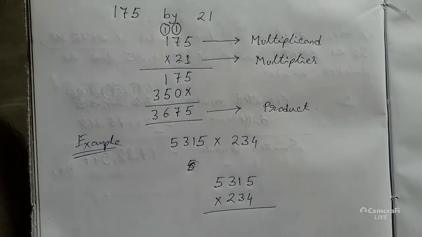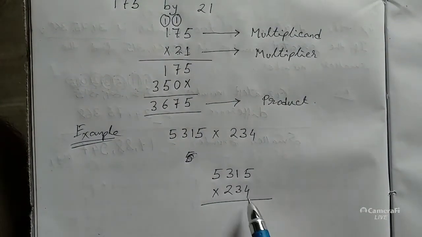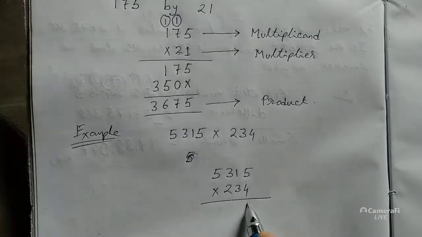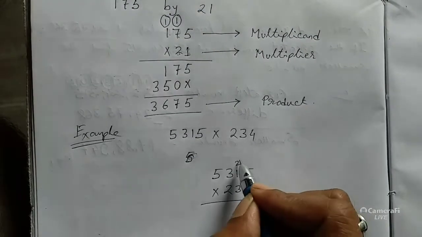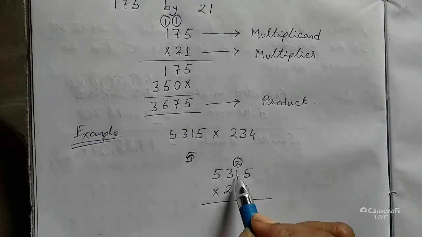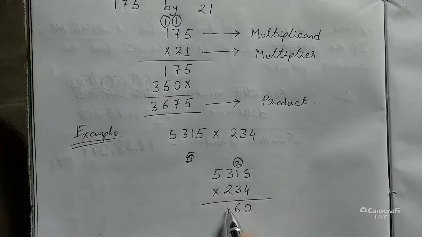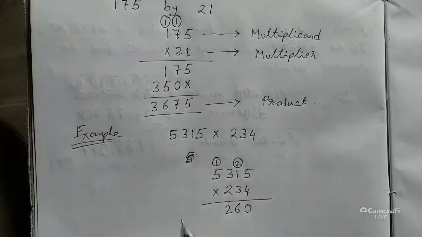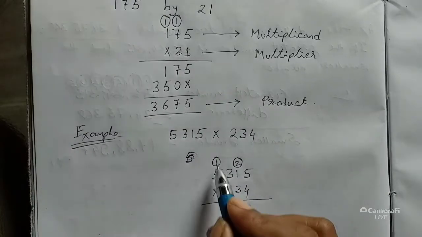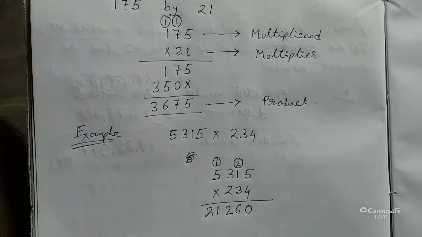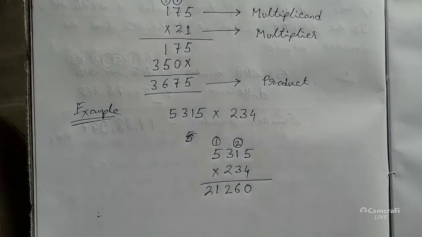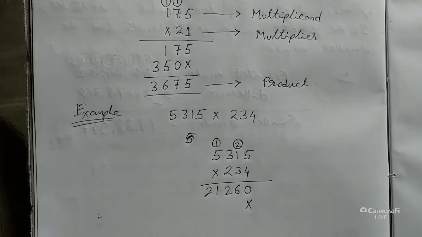First we will go through the multiplication table of 4. 4 5 ja 20, 0, 2 carried. 4 1 ja 4 plus 2, 6. 4 3 ja 12, 2, 1 carry. 4 5 ja 20 plus 1, 21. This first row is complete, multiplied by 4. Now give a cross sign.